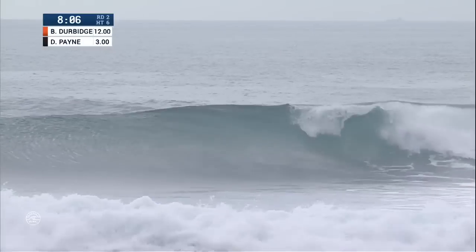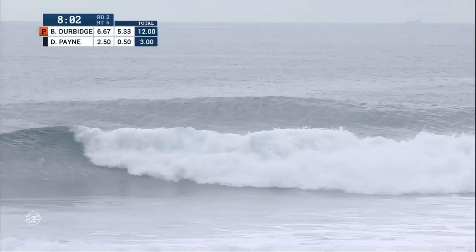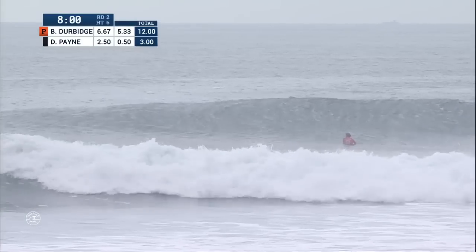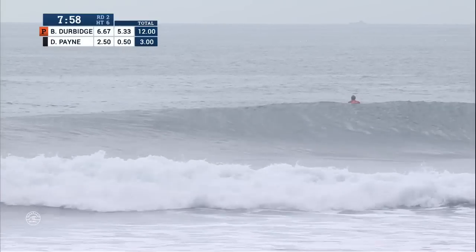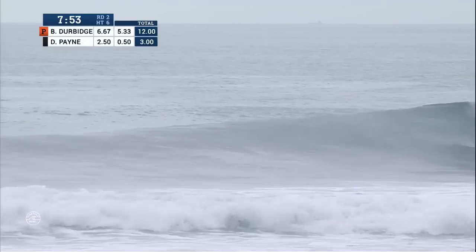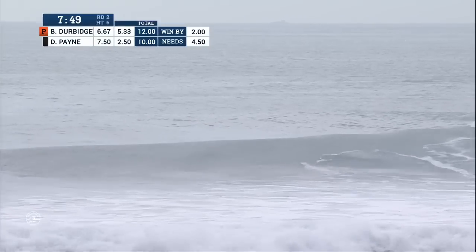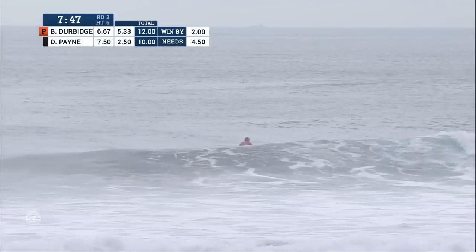He's got a nice little left. He's got a 6.67 and a 5.33 and the lead. That means Dusty Payne needs a 9.5. Maybe not quite the 9.5 on that last wave, but it'll be a decent score. It'll be enough to get him back into it. Indeed, it is a 7.5. Now things are much more manageable for Dusty Payne, and that'll be a big confidence booster for this young surfer